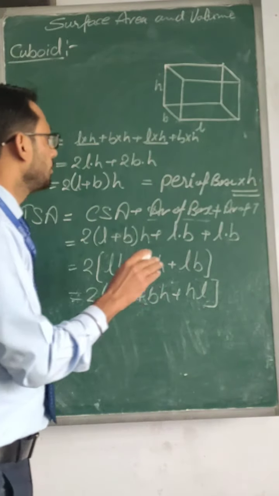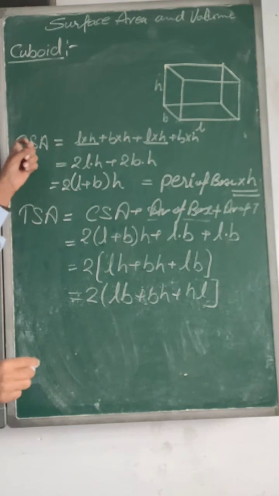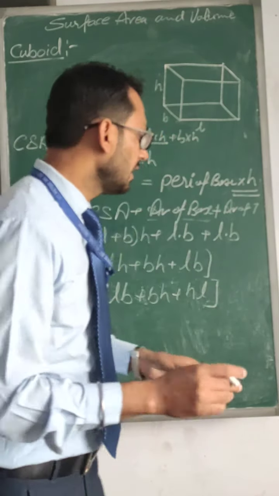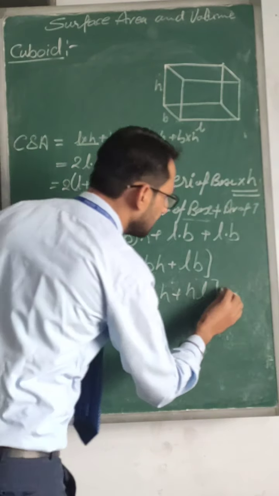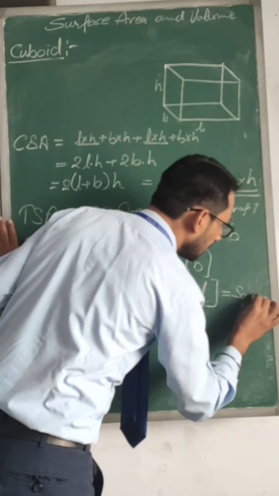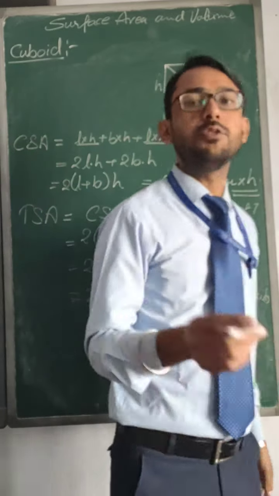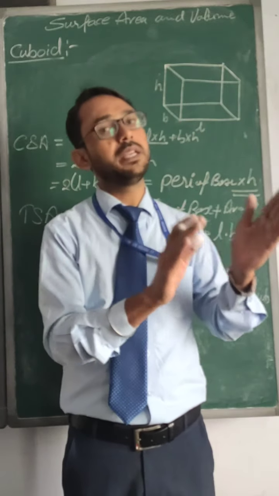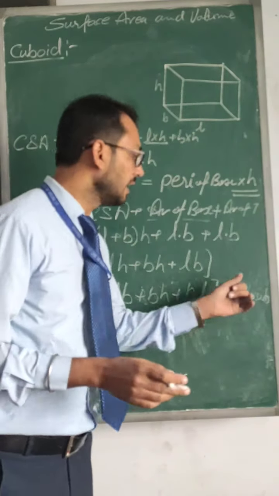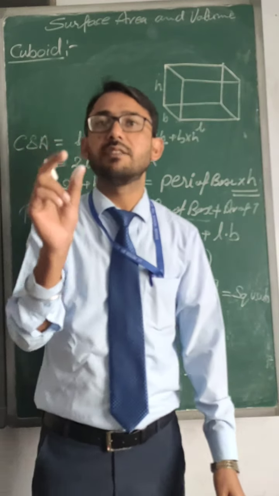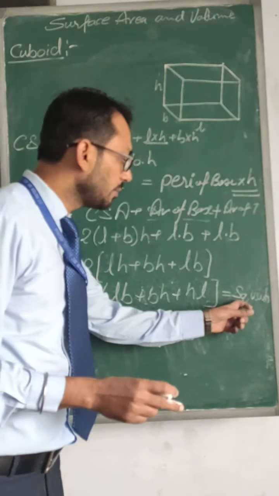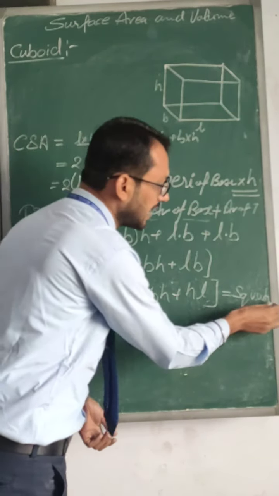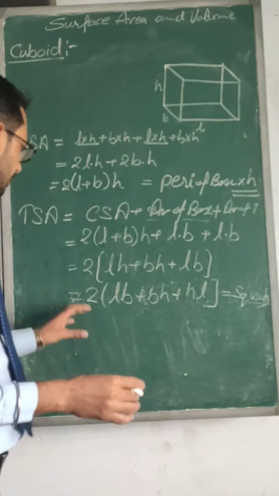Now one thing you must keep in mind, whenever we are talking about curved surface area or total surface area, this is area. Area has the unit of square units. Square units means it could be centimeter square or square centimeter, meter square or square meter, that depends. Whatever unit is given for the size, we will put square centimeter or square meter or decimeter or decameter, as per the given condition.